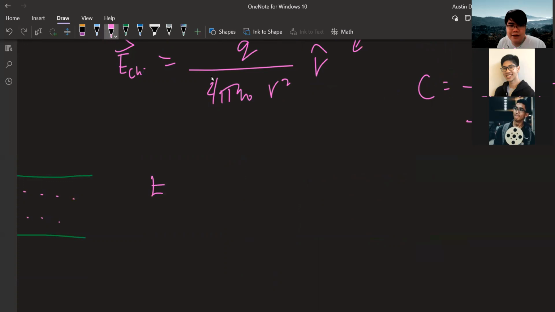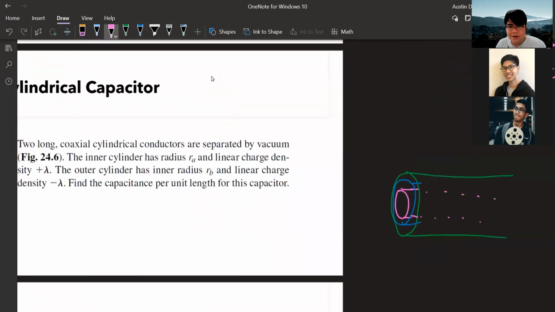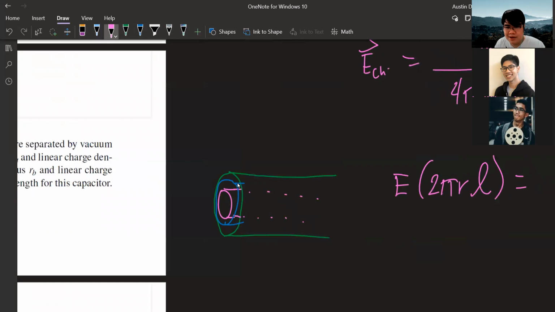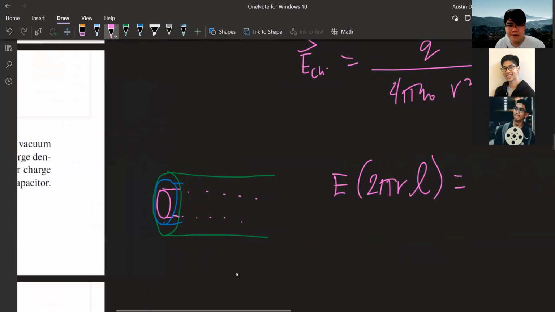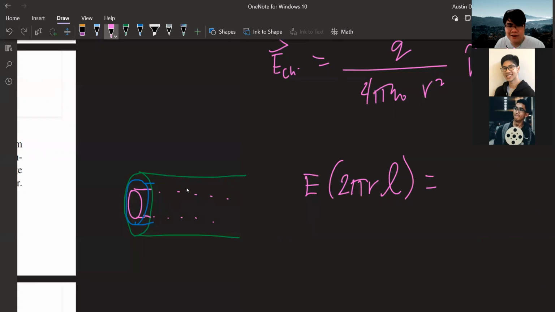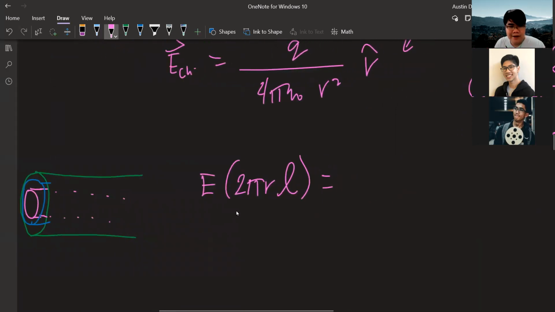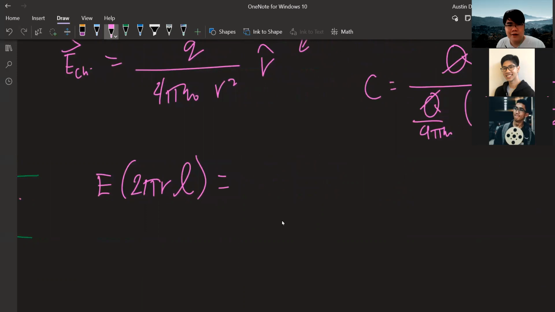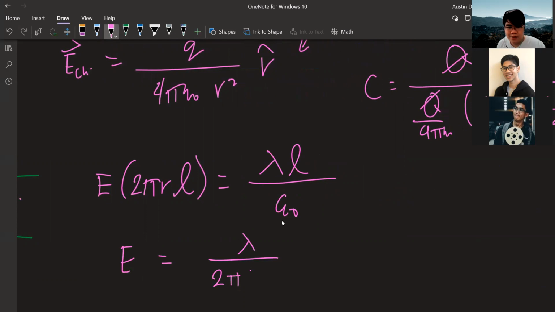So, my field is E, times 2 pi r times L, where L is the length of my imaginary Gaussian surface. Okay. So L lang muna so I can extend it to my liking. And then enclosed charge would be lambda L over epsilon naught. I simplify, I have lambda over 2 pi epsilon naught r. And if I make it a vector, I have r hat,